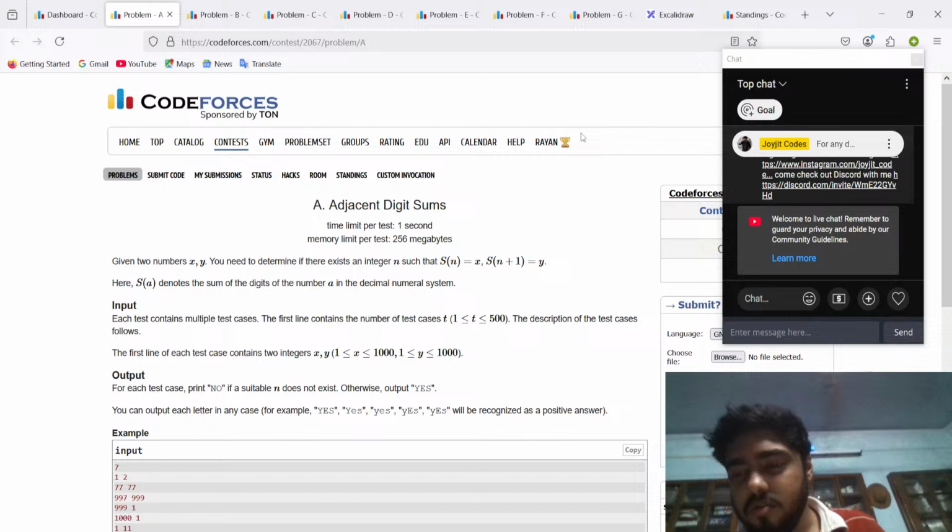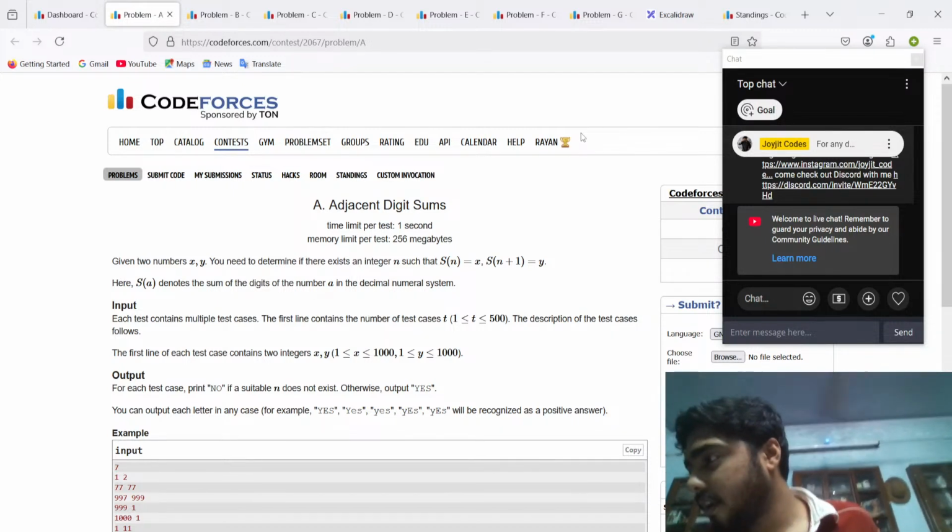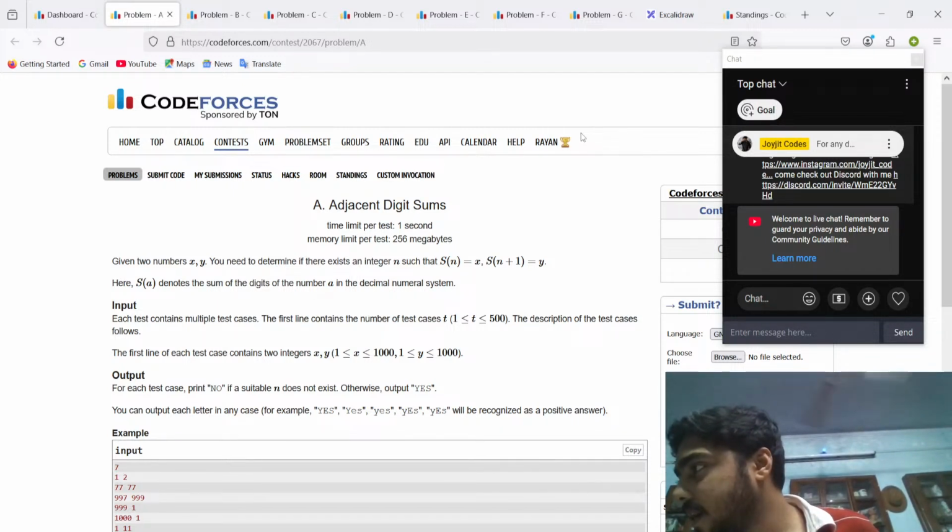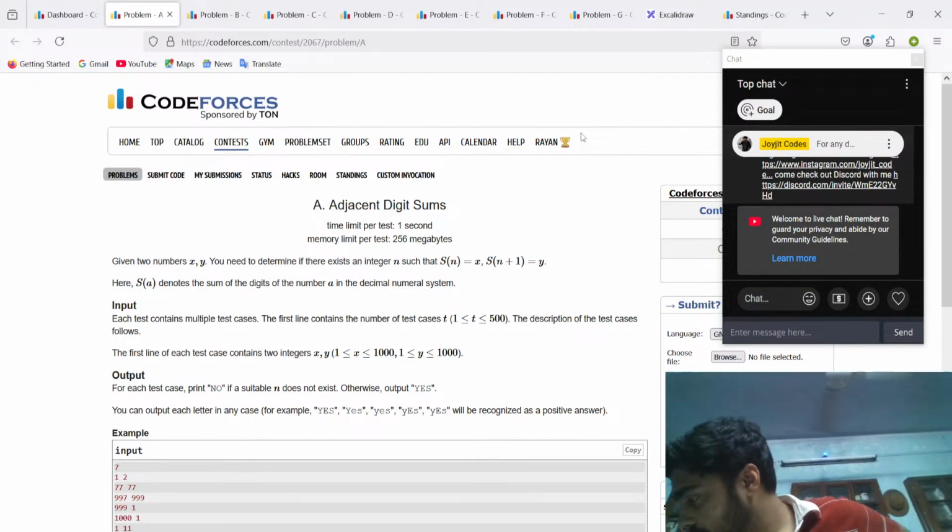I think today's Codeforces contest was difficult, or maybe I am giving a contest after a long time, so it seemed difficult to me. I don't know, but yeah,